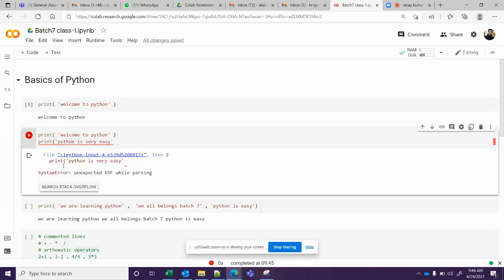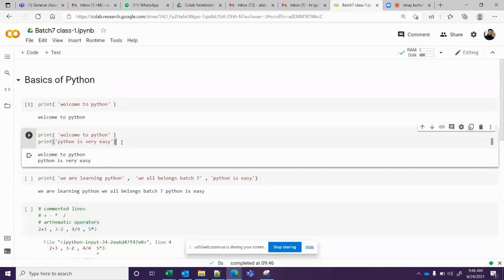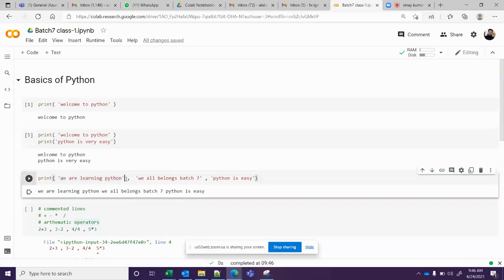The only thing is you need to have patience and read what is happening. See, the line is highlighted, the line number is also given here, and there is a caret symbol. It shows this is the place where we have an error. Just go and close your brackets and run it. But it will not tell whether you're missing brackets or a colon. It indicates where the interpreter is not understanding your command. Okay. Also, not every time you use a print statement with only one item; you can use multiple items separated by commas.